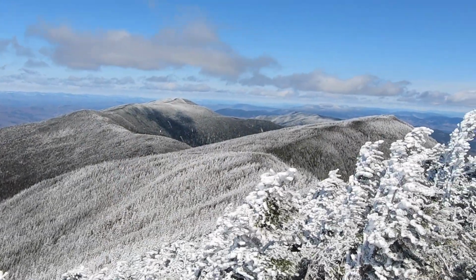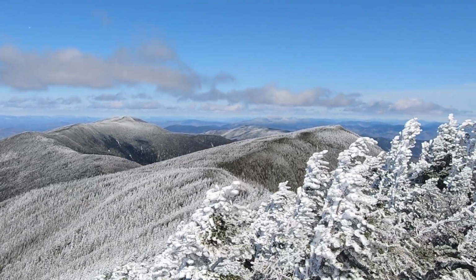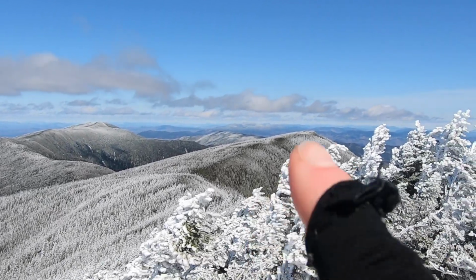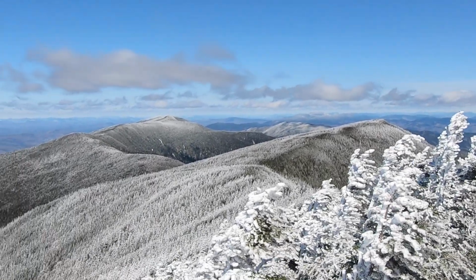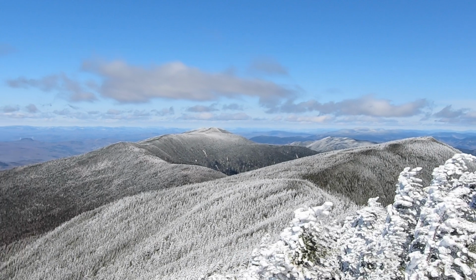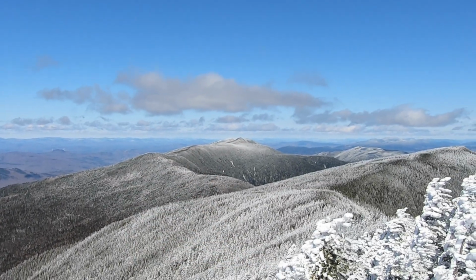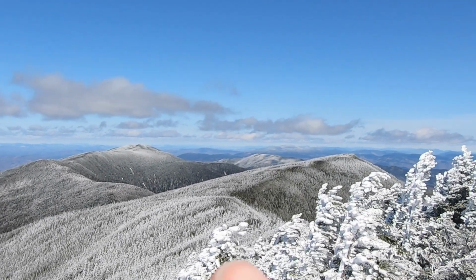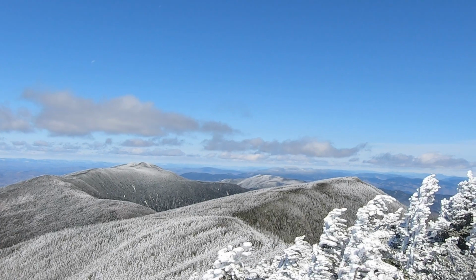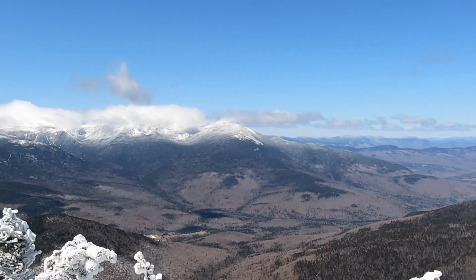We are at a little viewpoint right before the summit of Carter Dome, and this right here is Mount Hight, which I think we're gonna go over there on our way out, even though it's kind of windy. And then back here is Middle and South Carter and North Carter, and I think back in there is Mariah and Shelburne Mariah, and over here